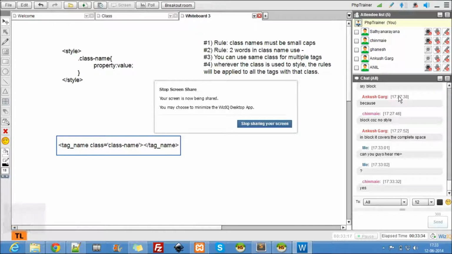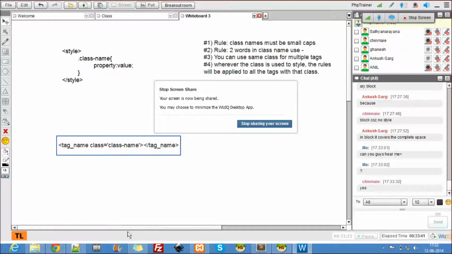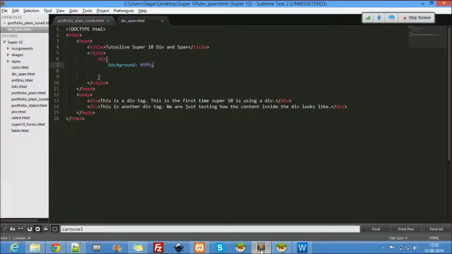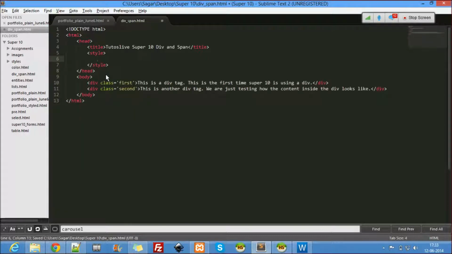So yeah, Anil, you did not miss much. I'm talking about only classes. My screen is shared now. What I want to do here is give different class names to the divs. So here class equal to first, here class equal to second. Instead of div here, I'll use a class name.